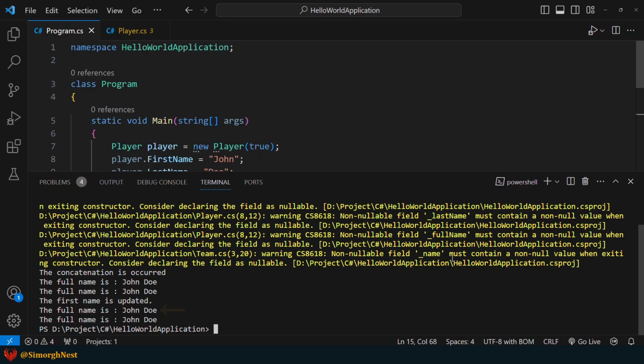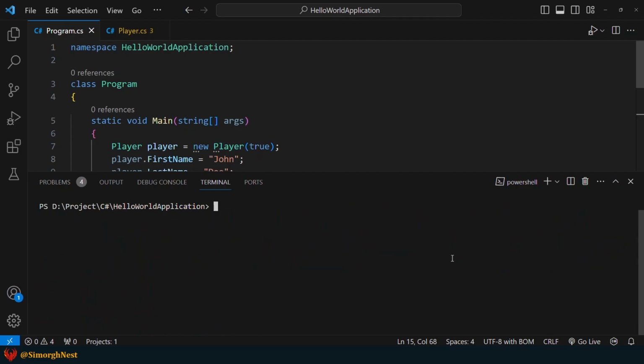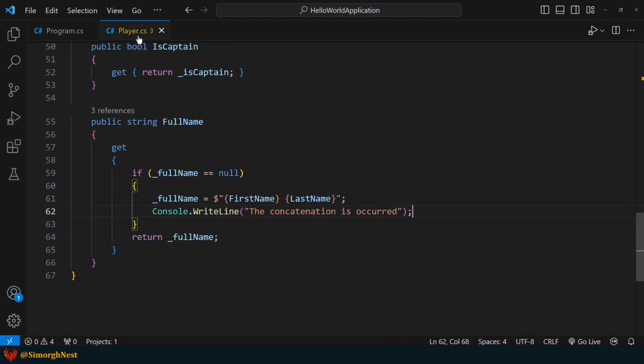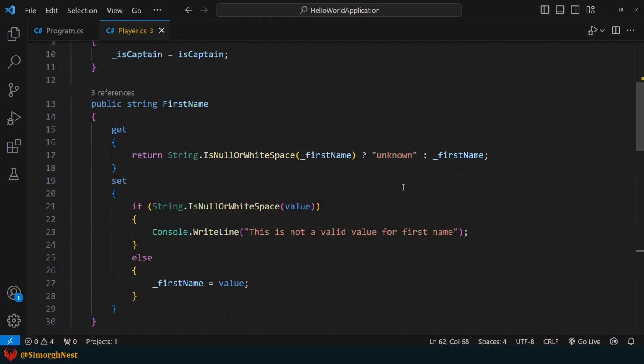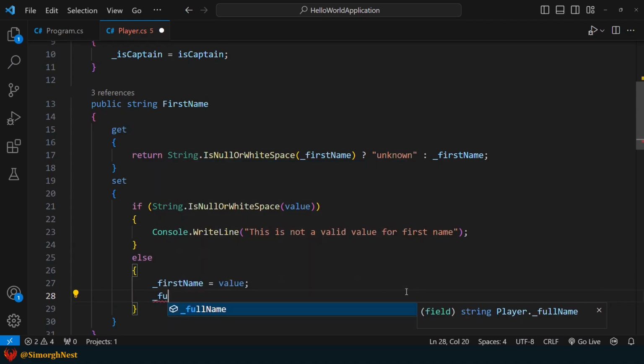To address this issue, we need to modify the set accessors of the first and last name properties. Whenever we change either the first or last name, let's set the full name field to null.